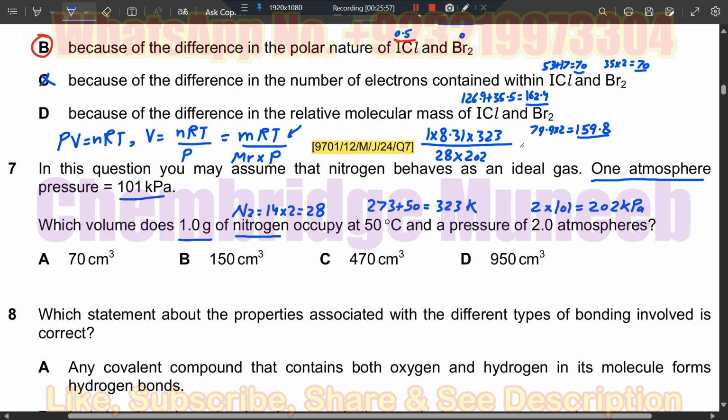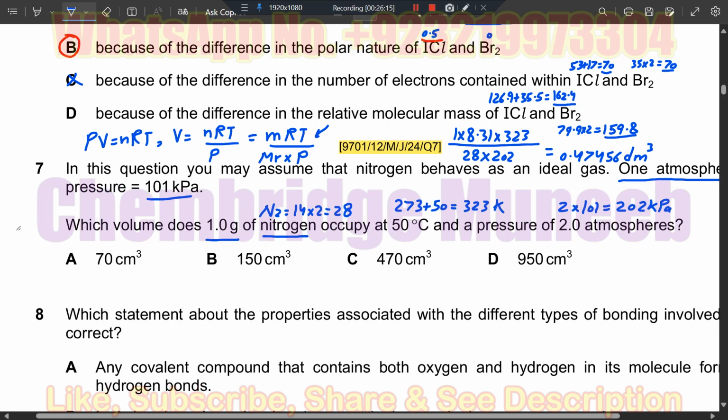Now if you calculate, the answer comes out to be 0.47456,